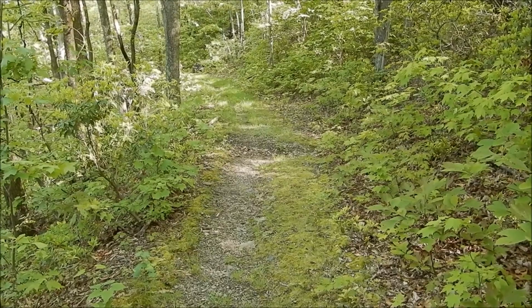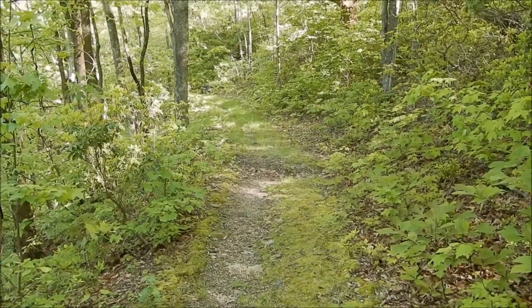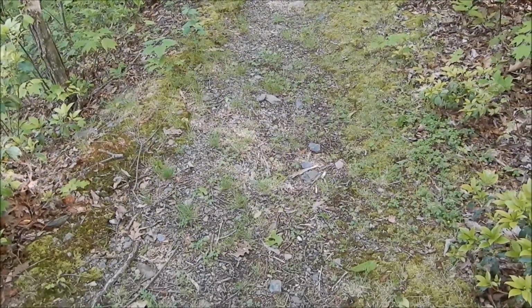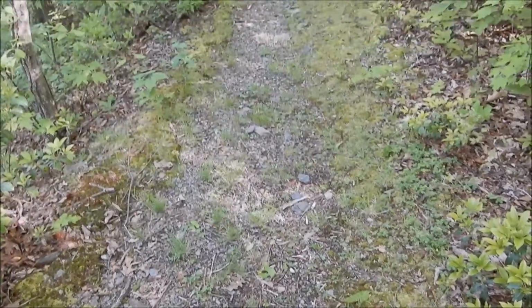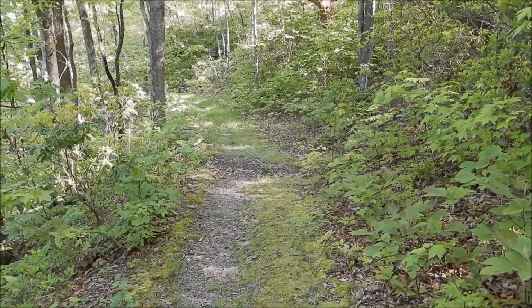I'm a half mile into the hike. I'm down to 2430 on elevation, and I have to take back something I said earlier. If you look down there, you'll see there actually is some gravel. There are some spots along this road where the gravel is there,